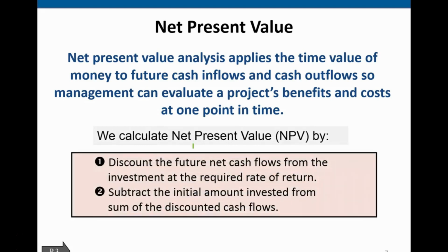So we calculate the net present value by discounting the future net cash flows from the investment at the required rate of return, and then subtract the initial amount invested. So what we're going to do is see how much we think the future cash flows will be. Then we're going to present value those, because anytime we're talking about money in the future, there's a couple